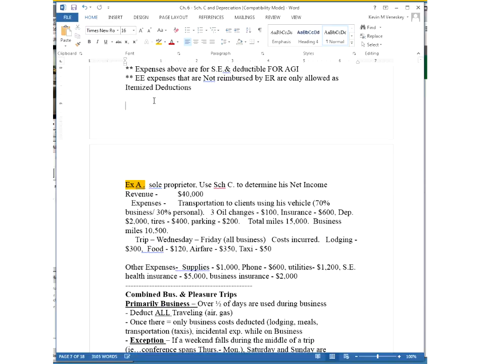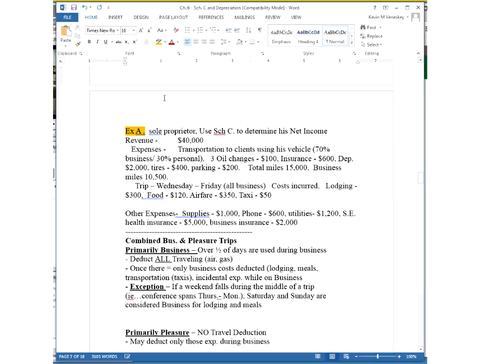And let's look at this example. Kind of go through some of the items. When you're looking at this, you see that this individual brought in $40,000 income, and then we have this car, 70% business, 30% personal. So what we'd have to do is add up all of our expenses for our first year: oil changes, insurance, depreciation, tires, parking,